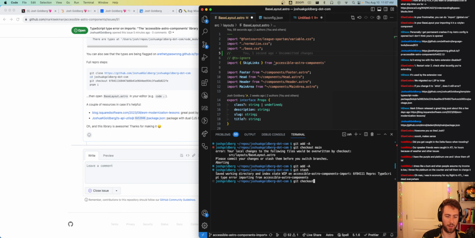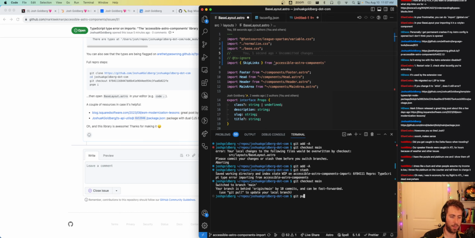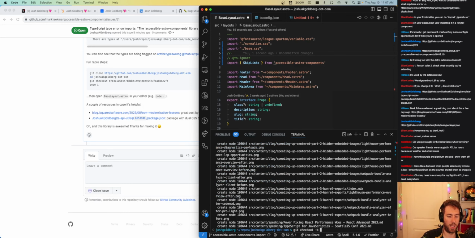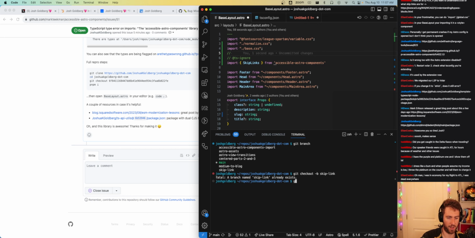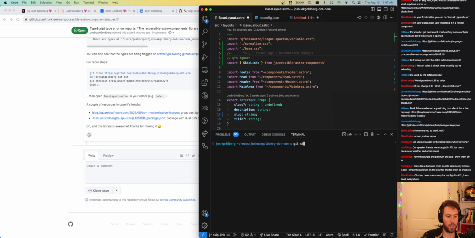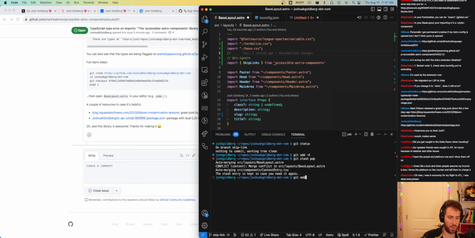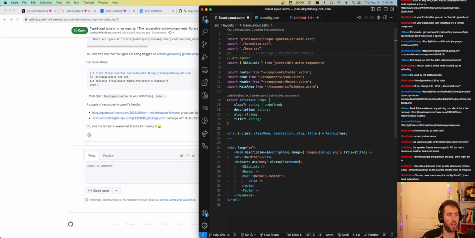Get add all, stash. So I'm actually going to make this. Check out main. What am I doing? Skip link. Did I make a branch for this? Check out the skip link. Yeah. Get rebase main. Clear, get status, get add all, get stash pop. Of course, there's a merge conflict. Oh yeah, I wanted to link to the issue. That's right.